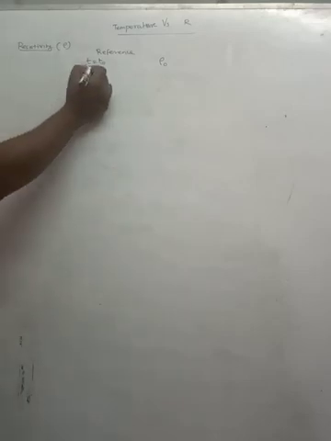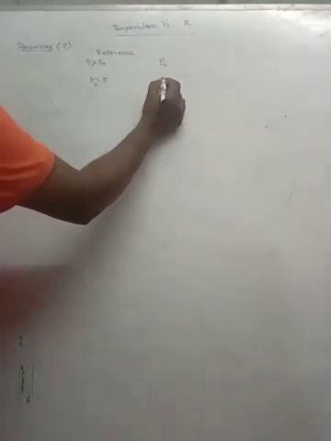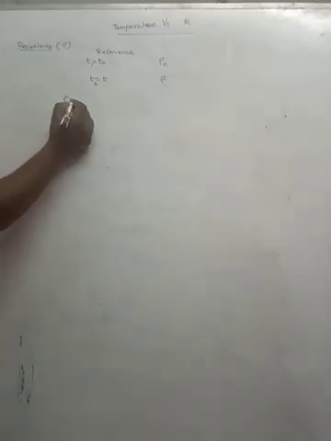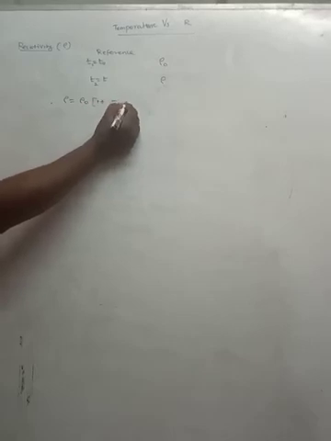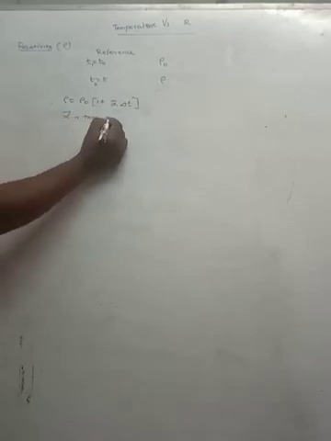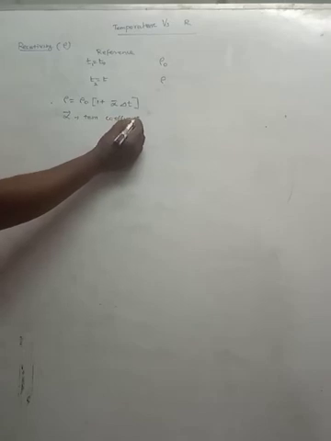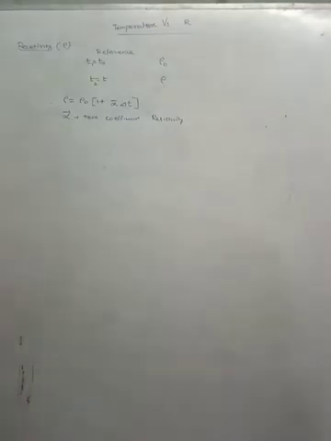Now the temperature is increased. Let me take the initial temperature as T1 and the final temperature as T2, which becomes T. At that time, the new resistivity is given by rho. There is a relation that rho can be written as rho naught into 1 plus alpha bar into delta T. This alpha bar is known as the temperature coefficient of resistivity.